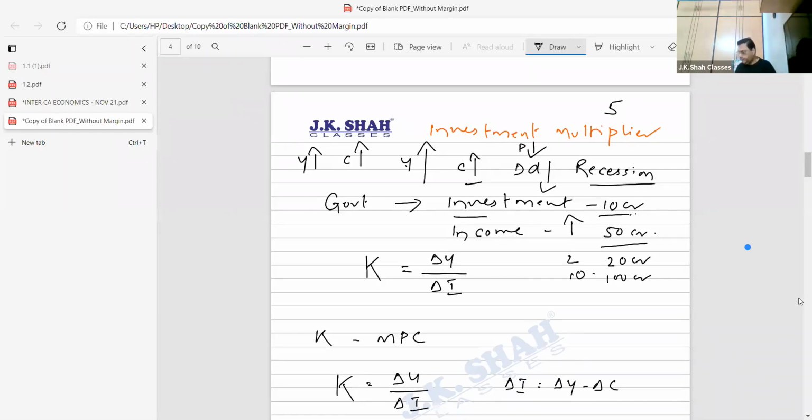But when income continues to increase beyond a particular point, then